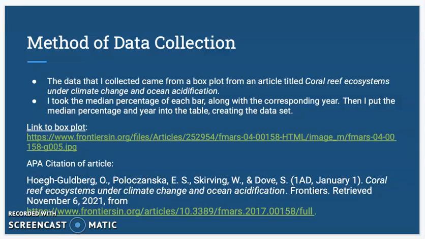Now, my method for data collection: I got data from a box plot that was from an article titled Coral Reef Ecosystems Under Climate Change and Ocean Acidification. So I took the median percentage of each bar along with the corresponding year, then I put the median percentage and year into the table, creating the data set. And then the link to the box and whisker plot is right there, and then I've added the APA citation